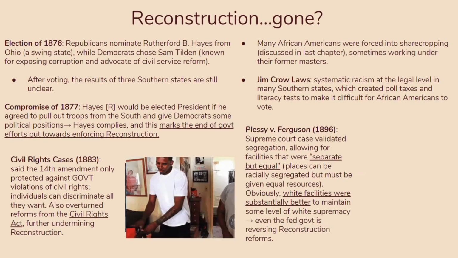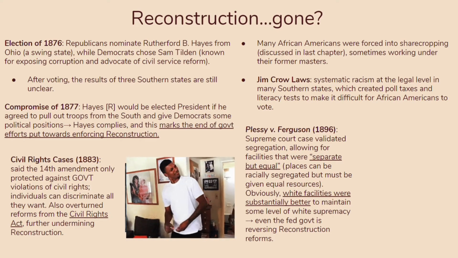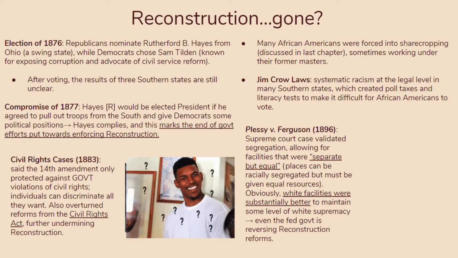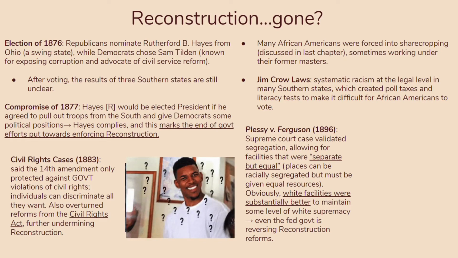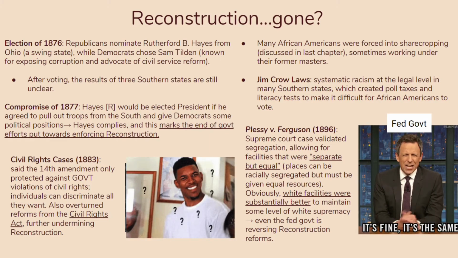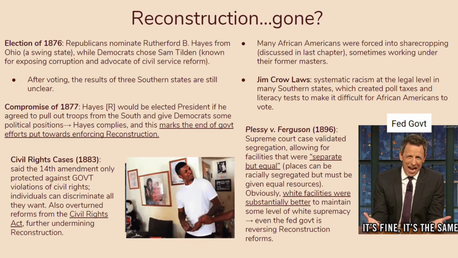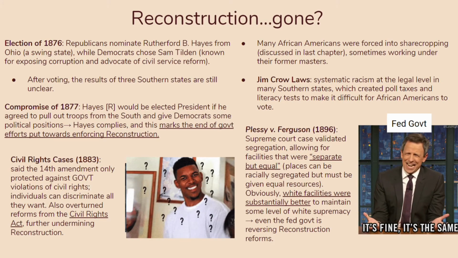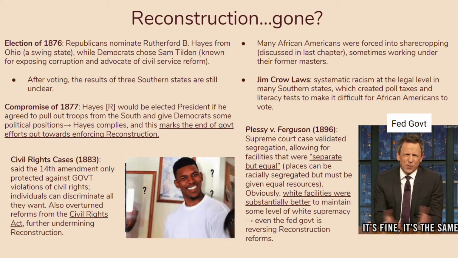And finally, one really important court case you need to know about is Plessy versus Ferguson in 1896. Essentially, the Supreme Court validated segregation, allowing for facilities that were, quote, separate but equal. So in other words, places can be racially segregated but must be given equal resources. Obviously, white facilities were substantially better in order to maintain some level of white supremacy, so African Americans were being poorly educated compared to their white peers,